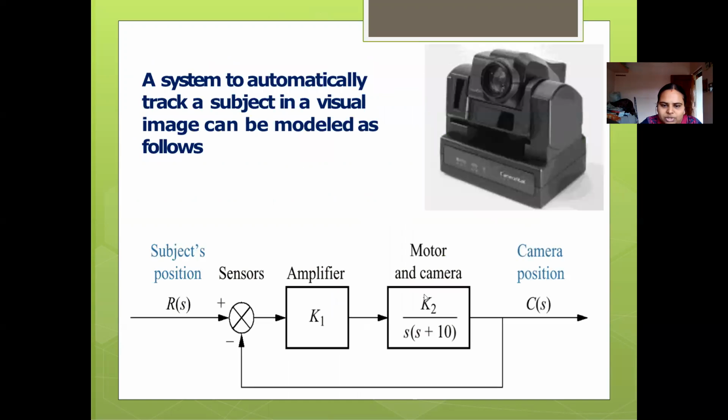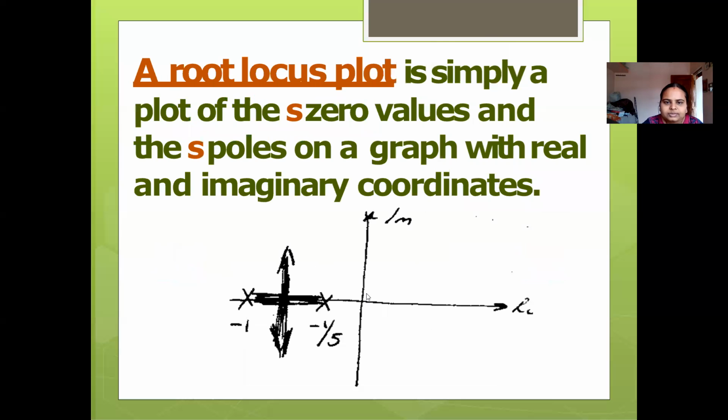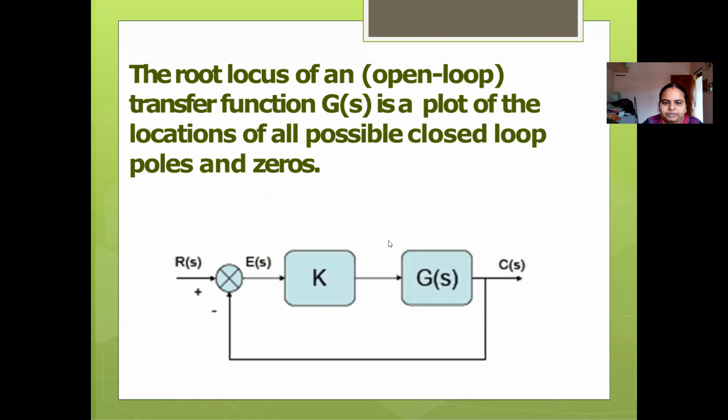Means, based on this equation, we should go for multiplying k1 k2 divided by s into s plus 1, and again a unit feedback system is there. Again, how to solve this, you will know about that. After solving that, you will be getting one more equation consisting of a numerator part and also a denominator part, just by using your signal flow graph technique, block diagram reduction technique. By using that, you have to do the simplification of this equation or this block diagram. Then you will be getting the equation.